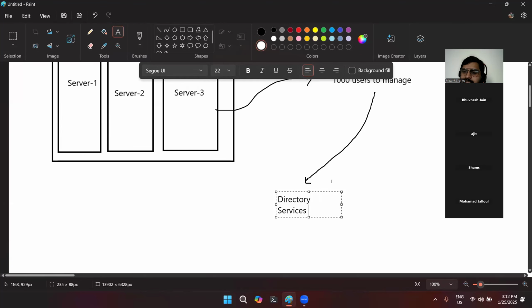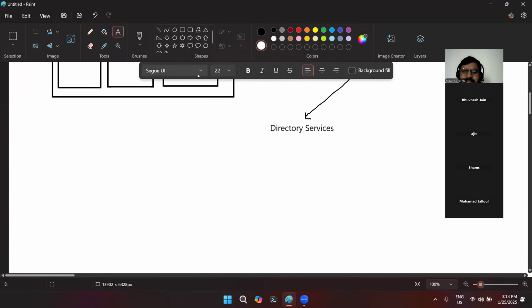So these services are literally called directory services. I think you all have heard about a telephone directory, right? In a telephone directory, there are certain attributes according to which names and phone numbers are given. You can think of it like this only. So a directory is a kind of table where each user has its own name, then a unique ID. A unique ID is generally a number in most organizations, like the employee ID or something like that. And apart from that, its designation, and then what its access is.